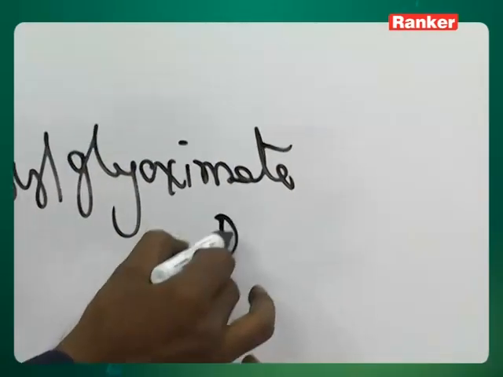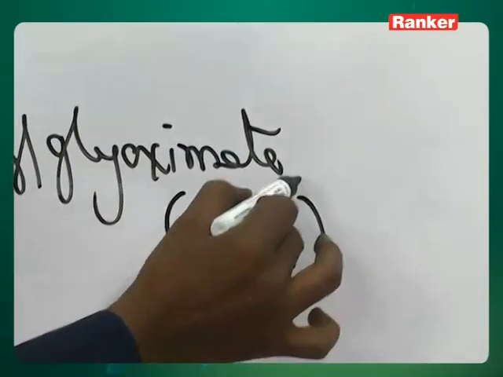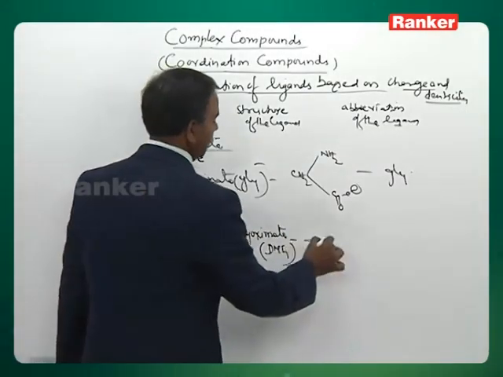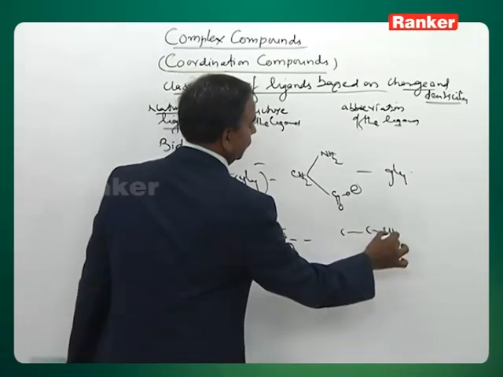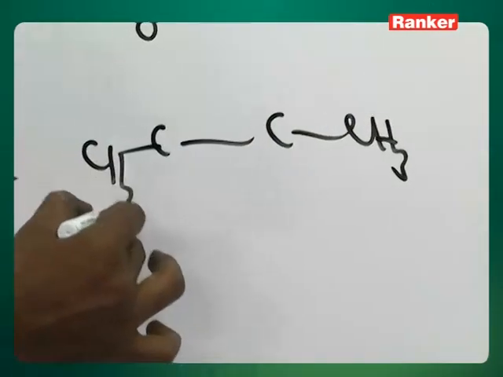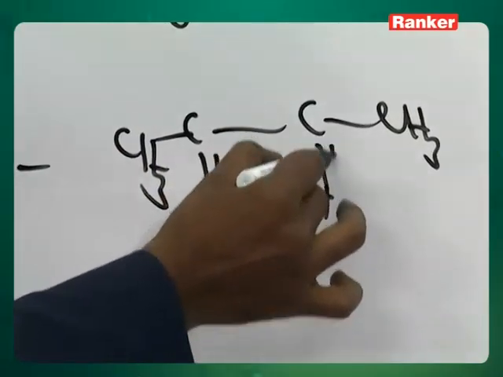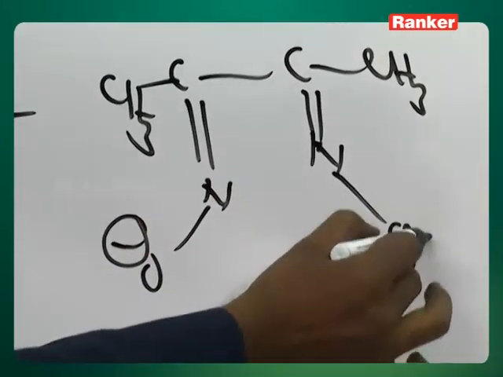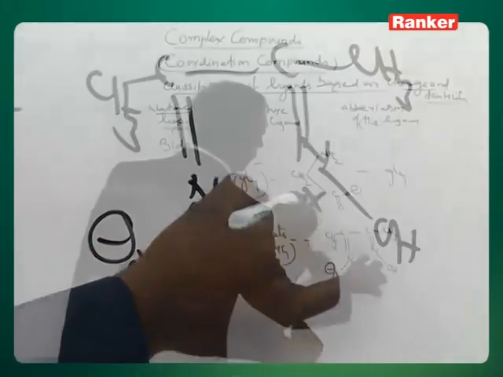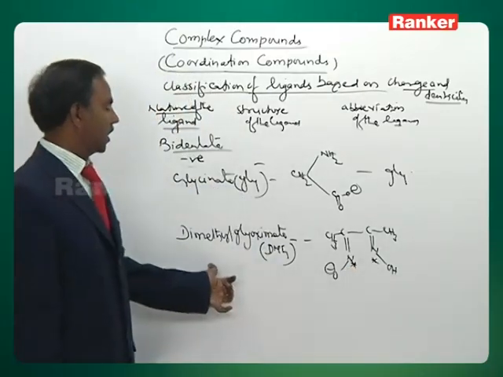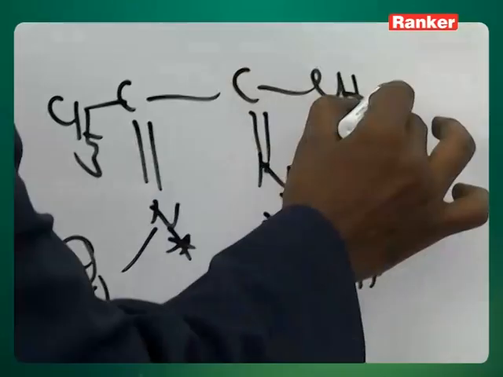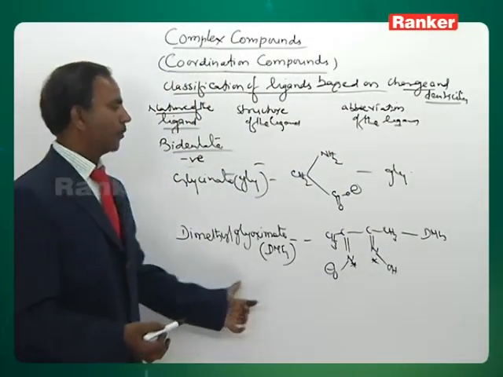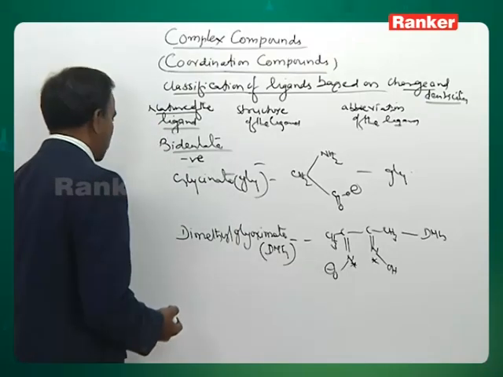Dimethyl glyoxymato, let me say it is DMG minus. This is the structure of this particular dimethyl glyoxymato ligand, with these donor atoms in particular. It is represented by DMG. Dimethyl glyoxymato is represented by DMG. Next,